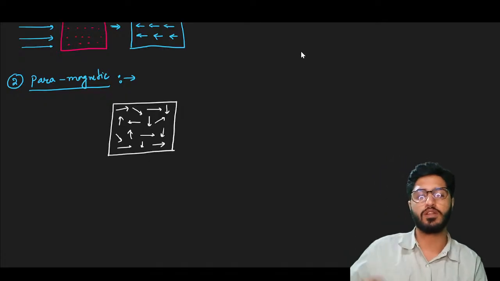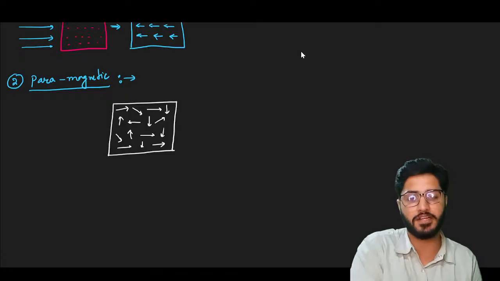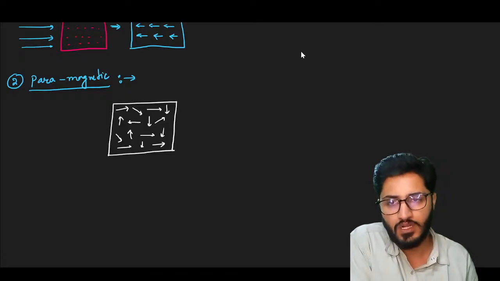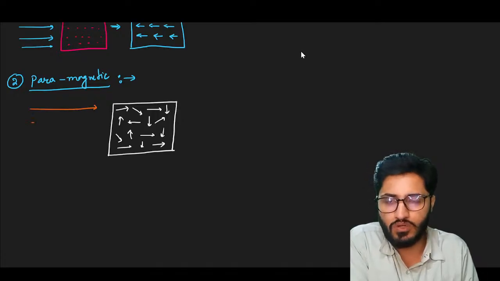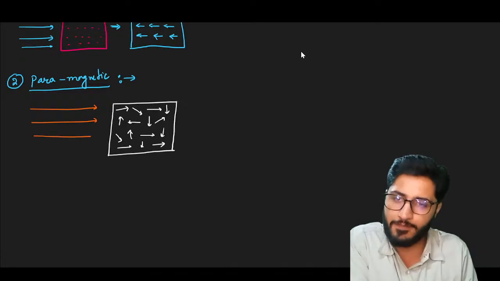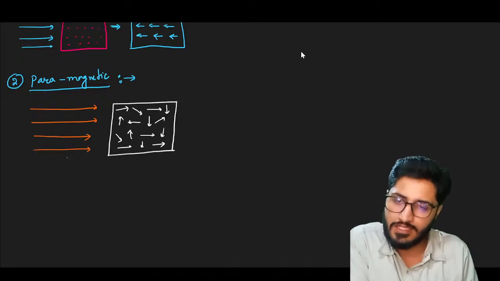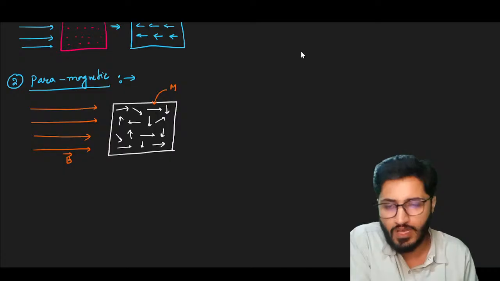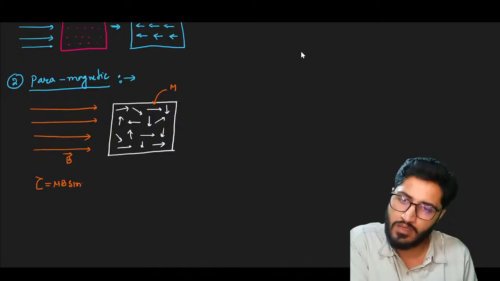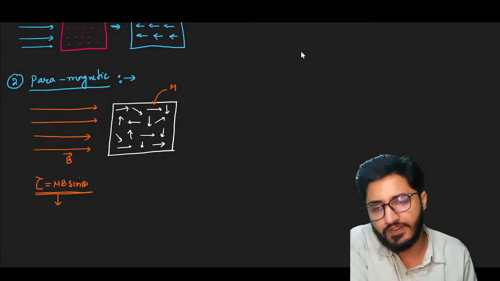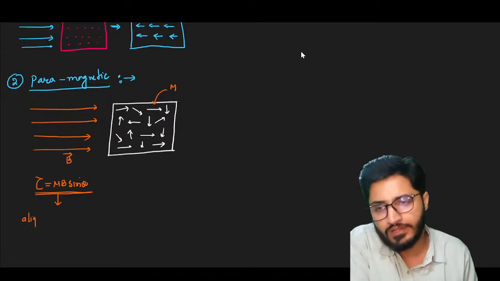So now this particular figure represents paramagnetic material. Now if we expose this material to an external magnetic field, this is my external magnetic field, and they do possess their magnetic moment. I guess we have one property known as torque. Torque is mB sine theta. So what will happen now? With the help of torque, it will try to align these magnetic moments